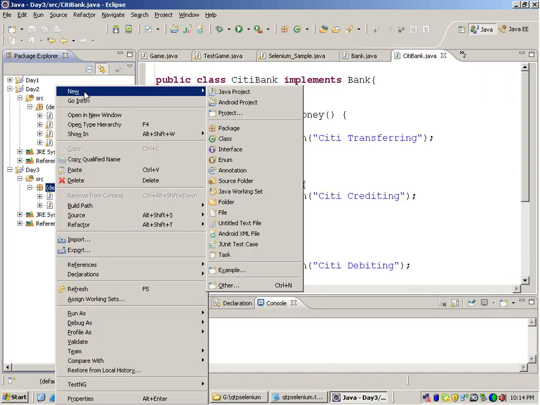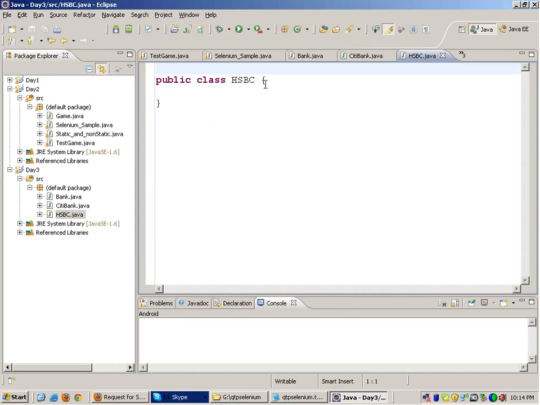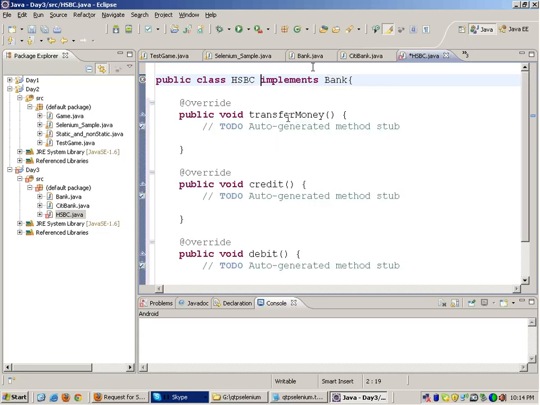Similarly, suppose there is a class called HSBC. I can write public class HSBC implements bank. So what will happen? HSBC will implement all the features from the bank interface. If I move my mouse over HSBC, I can click on add unimplemented methods and it will get all the functions. So I just write system.out.println HSBC